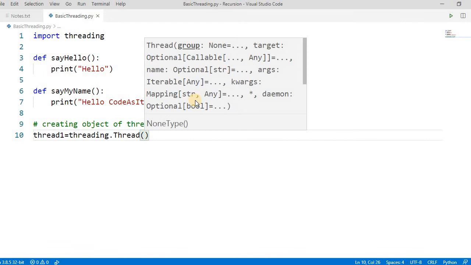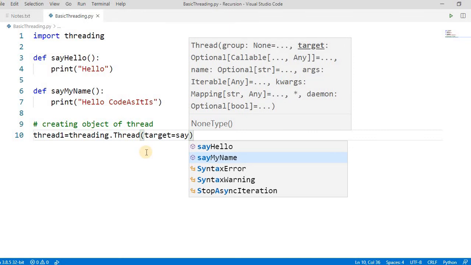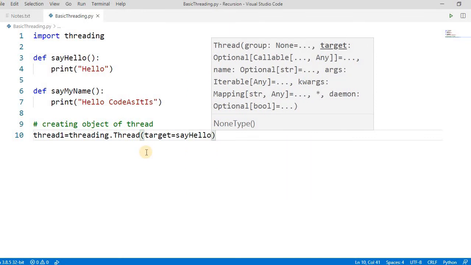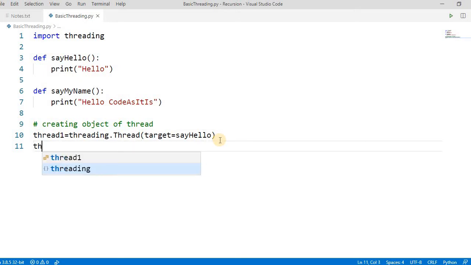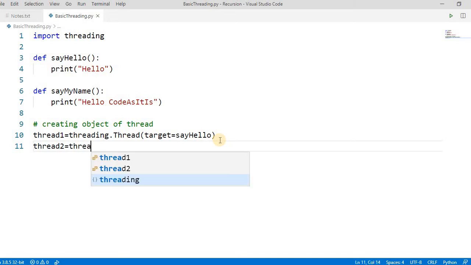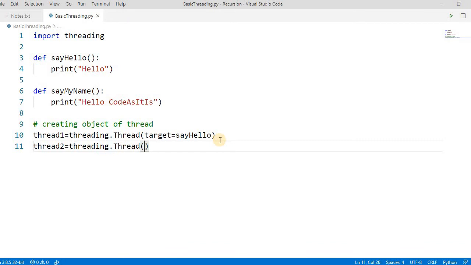We pass the target, which here is say_hello. We don't have any arguments for these two methods, so arguments are not required. Let's create one more thread for the other method, using threading.Thread, and we pass the target.